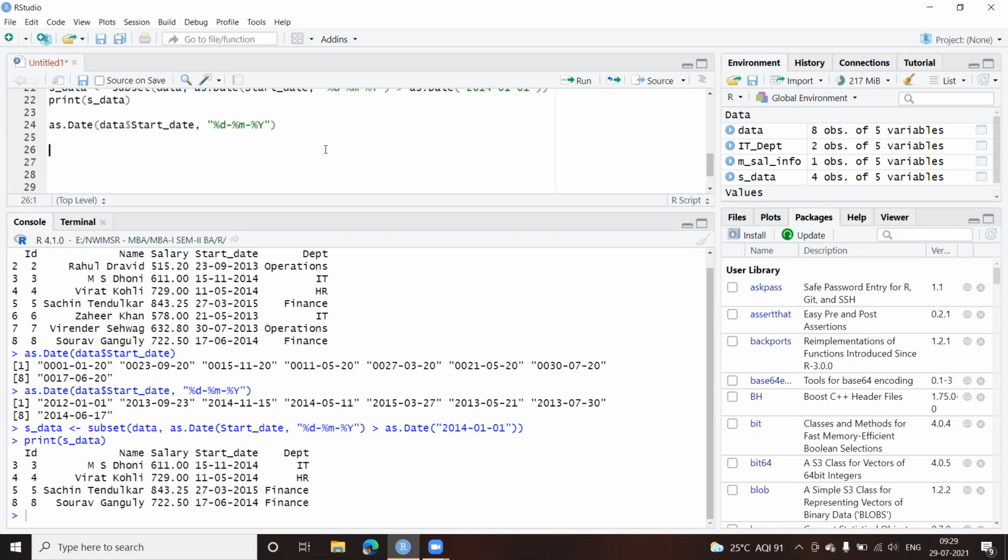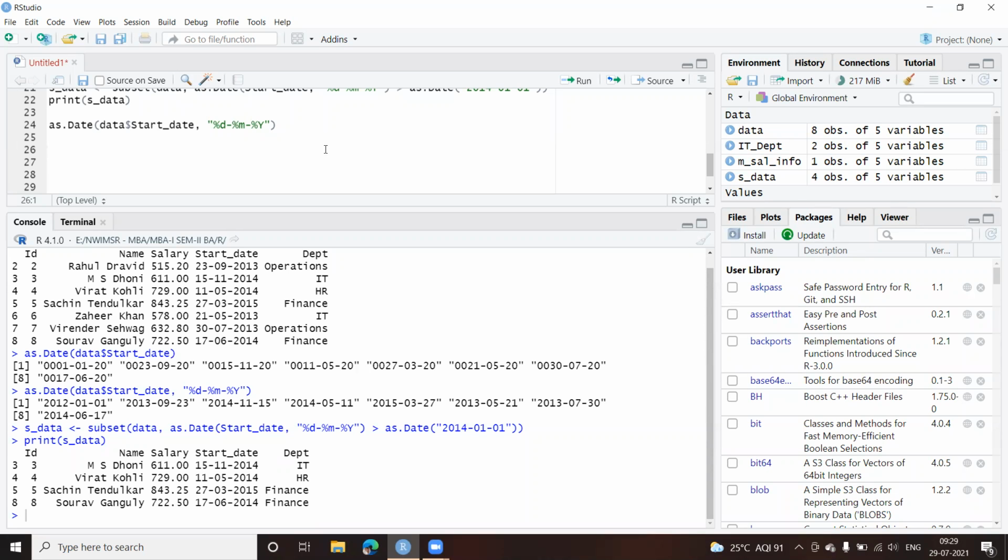Now to write into the file, we have this write.csv function. What happens is, if the file is already there, it is going to overwrite it. So be careful while giving the name of the file. If I give a name and later on I realize that there was already a file with the same name, which has got overwritten by this new content, and I needed that file, then that data is lost. So be careful.